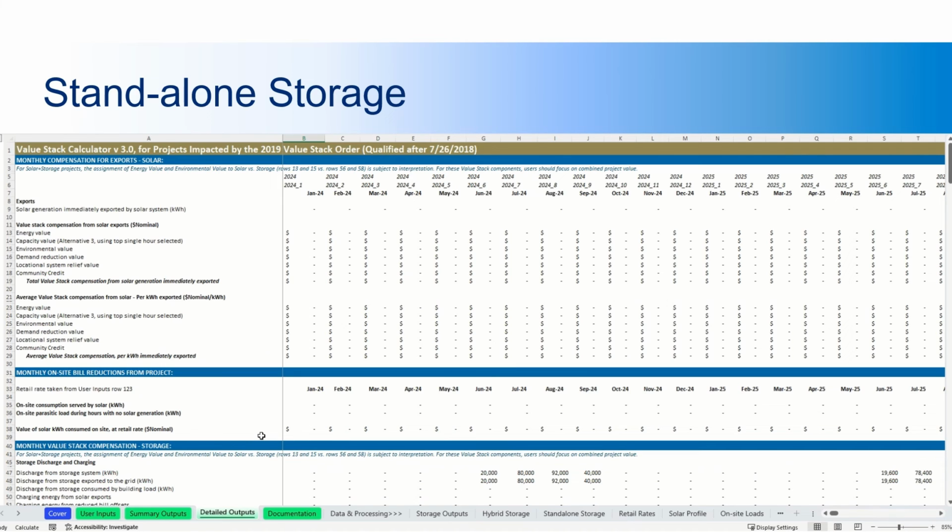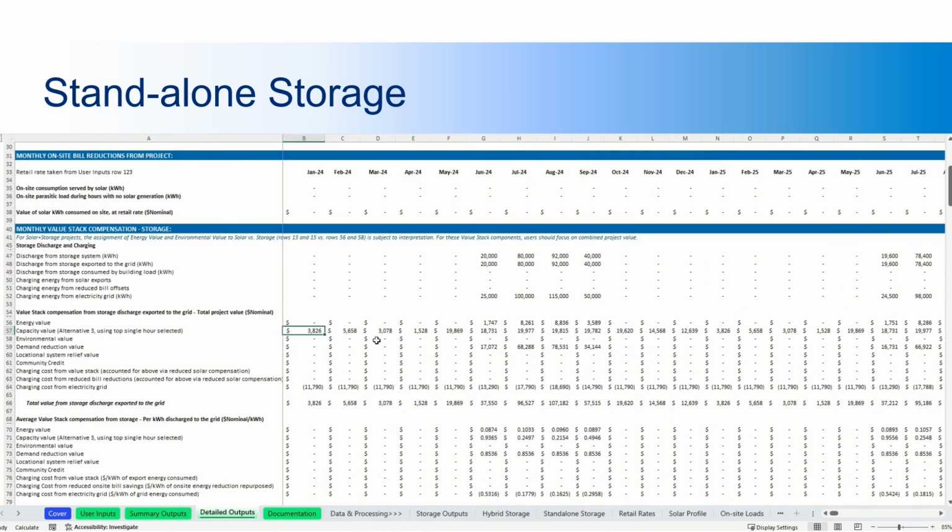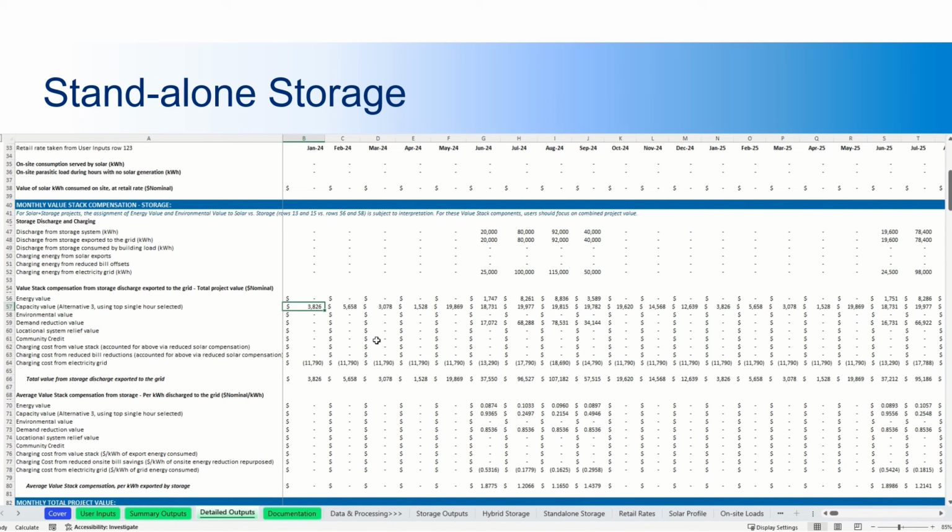On the Detailed Outputs tab, looking at the monthly compensation from storage, we can see that the project is only discharging in June through September. However, the project has costs and revenues throughout the year. This is a little counterintuitive, but because the ICAP alternative 3 is selected to compensate the project based on the peak single hour of the year, rather than evaluating on a monthly basis, the project still earns capacity value throughout the year. At the same time, there is a charging cost, which ultimately comes out of the contract demand charge